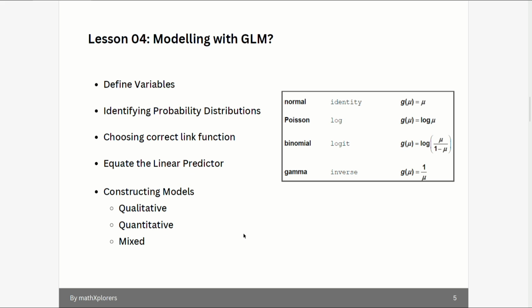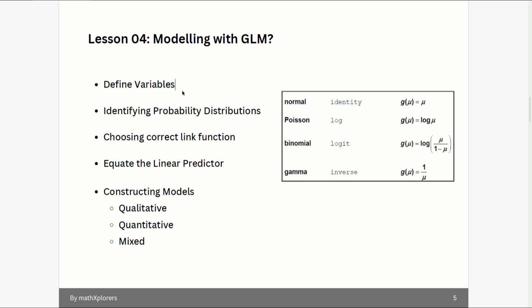Now, in this slide, we will look into how we can prepare a GLM model. Now that we know there are three components of a GLM model, let's follow a step-by-step approach for modeling a GLM. Let's say that you are provided with a set of data. You identify the columns that you wish to predict, which gives us the y variables, right? And the columns that will help you in predicting them are our x variables.